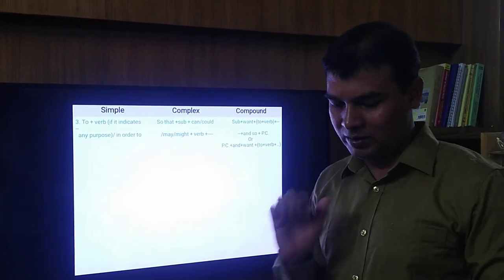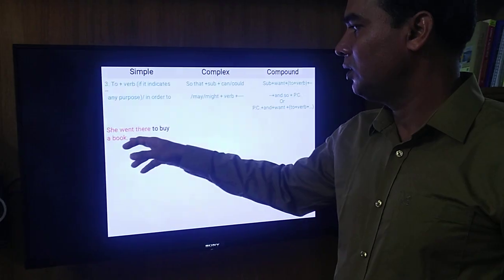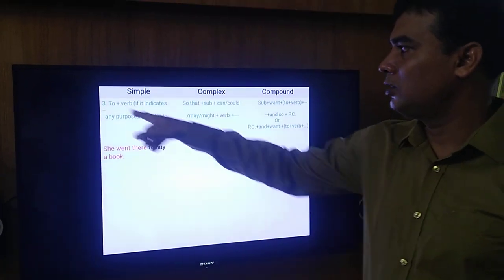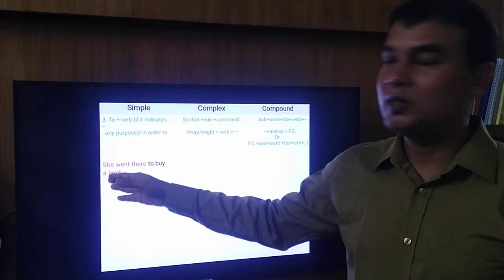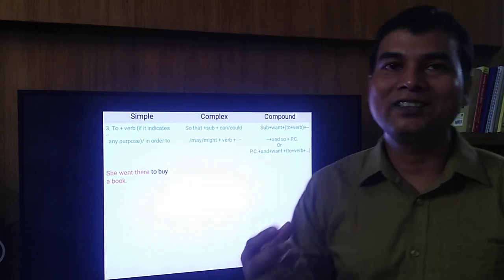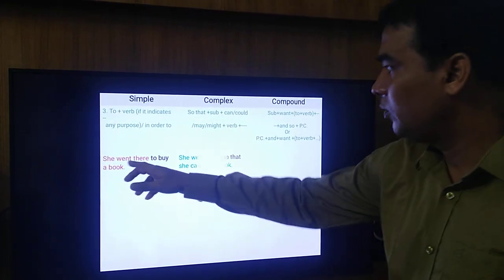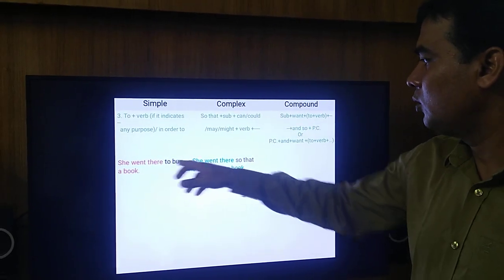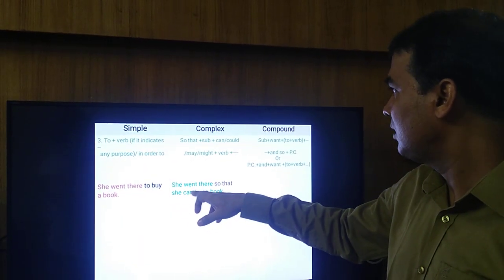Okay, now an example: she went there to buy a book. Here "to buy a book" is "to" plus verb, and it indicates a purpose. Why did she go there? Because she wants to buy a book. She has a purpose. Okay, so we can say she went there, instead of "to", "so that", then subject, she